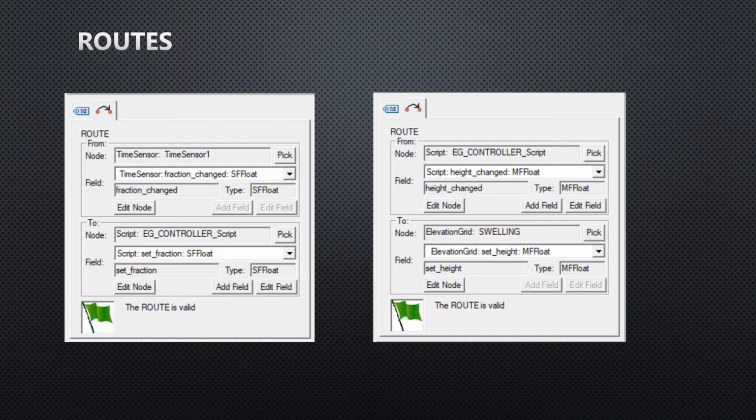Now you have to remember that in this exercise you should not create a route between script and the elevation grid group. You have to directly attach the route from script to the elevation grid, not to the group. If you attach it to the group, then there will be some problem. You will not find the required node or field in the group.